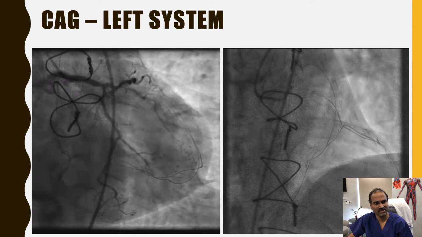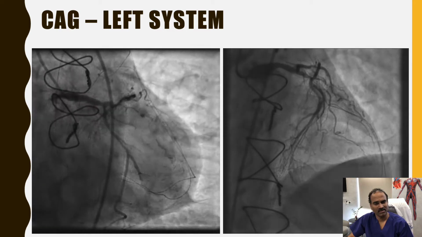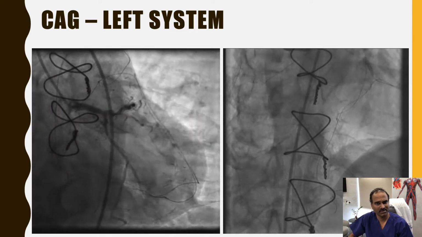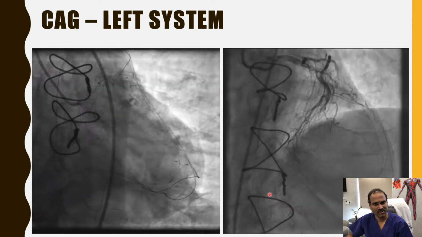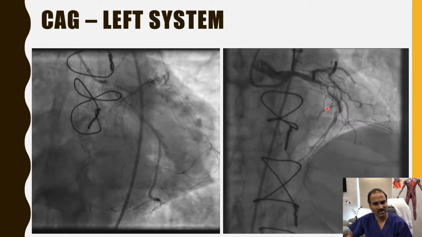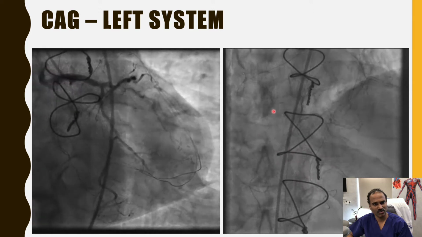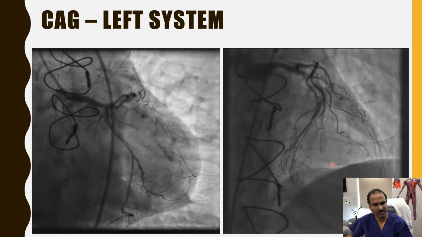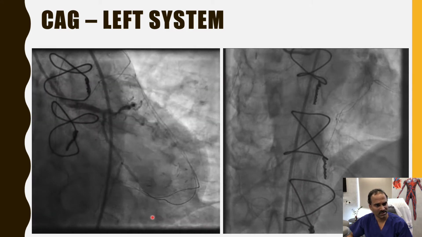LMCA mild disease and LAD graft was patent. There is a tight calcified lesion in proximal LAD followed by a big septal, followed by a good septal, which is filling, probably PDA. But there are dominant epicardial collaterals which are also coming from LCX. So there are two epicardial collaterals, one from distal LCX, one from the last OM, which is connecting